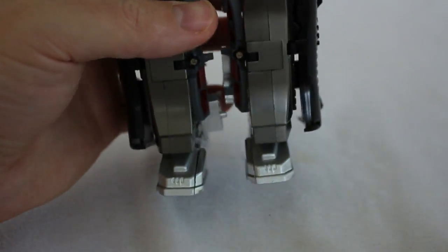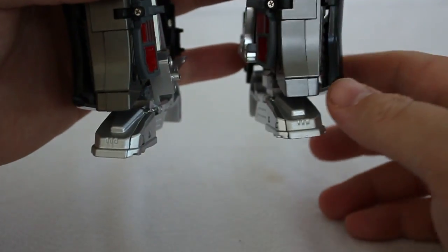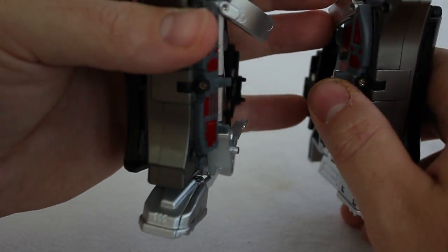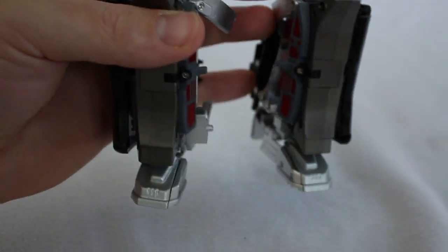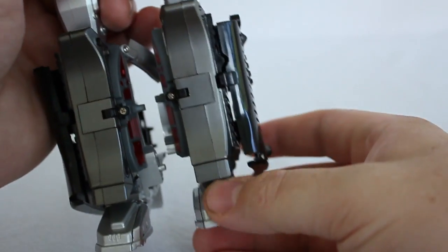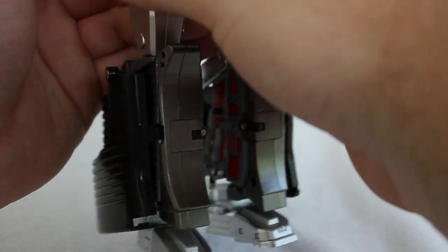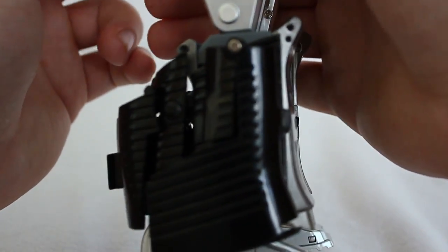Go into the legs. The legs are so much better than MP05. The legs are a lot chunkier. He uses some really clever bits to give the lower leg some bulk, and you can see this stupid leg hinge flipping everywhere. There's die-cast metal in the feet, and there's some other bits here and there that have die-cast, but it's a great solid